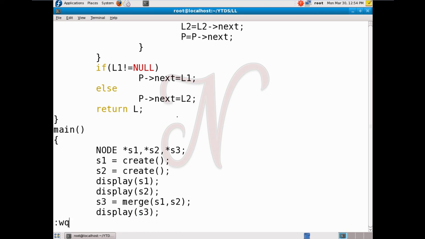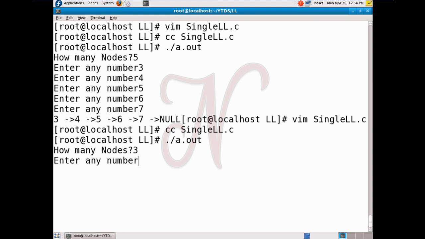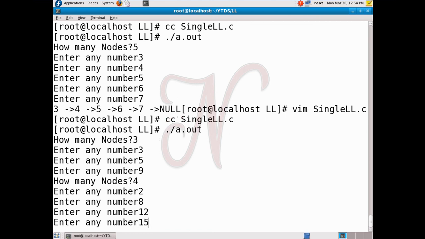So let's test this code, compile and run. How many nodes? For example, the first linked list has 3 nodes: 3, 5 and 9. And in the second linked list, for example, 4 nodes: 2, 8, 12 and 15.